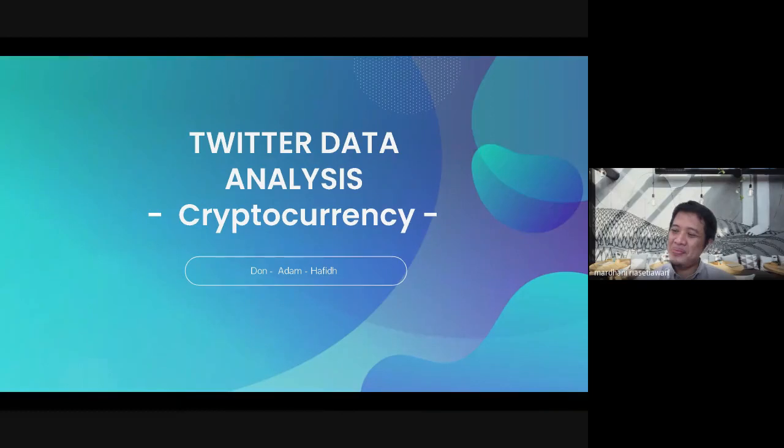Yes, of course. If you're using the Twitter developer API, we have a limitation on the number of data that we can collect. But it's okay, I think, because we are in class, and this is an experience for you. So I think it doesn't matter how large the size is, but the most important thing is that you get the data from the source. Yeah, so that will be nice.